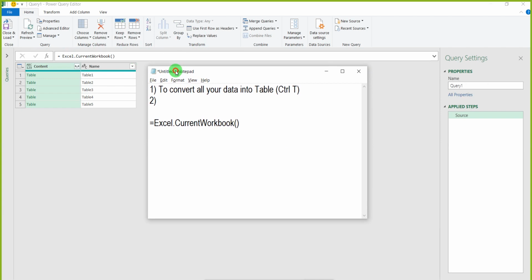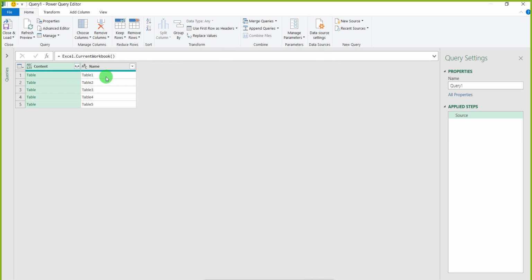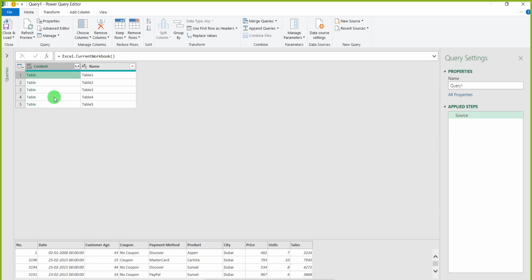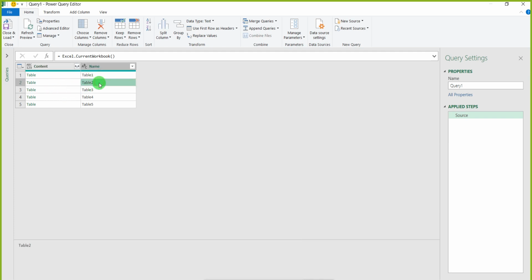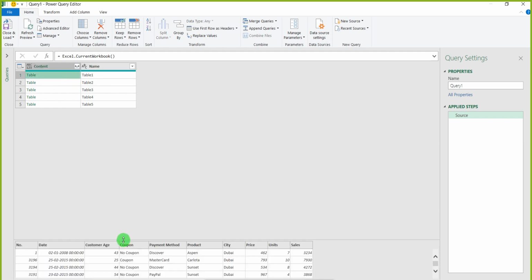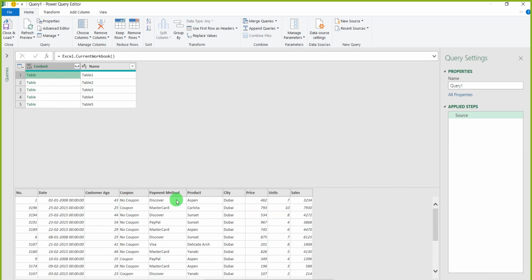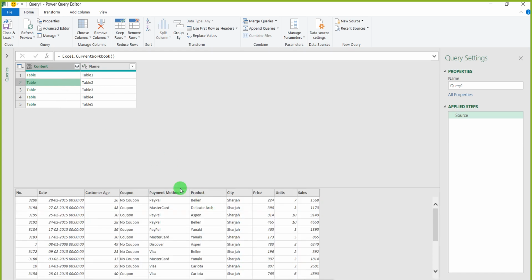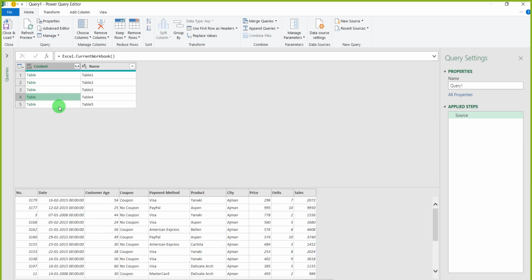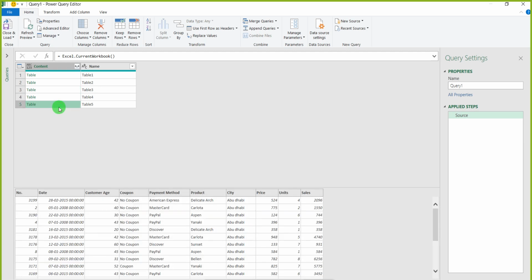I have just pressed enter, and automatically it is showing me two columns. It is saying, hey Ramzan, in your data you have a table, and the name of the table is Table1, 2, 3. You can change the name of the table also, so you can change it to Sharjah, Ras Al Khaimah, Ajman in an Excel file. But if you have not changed it, it's okay. Whenever I click on this table, it shows me the data below: this table has the data of Dubai, and here you have Sharjah, Ras Al Khaimah, Ajman, and Abu Dhabi. Now you are seeing all the data.